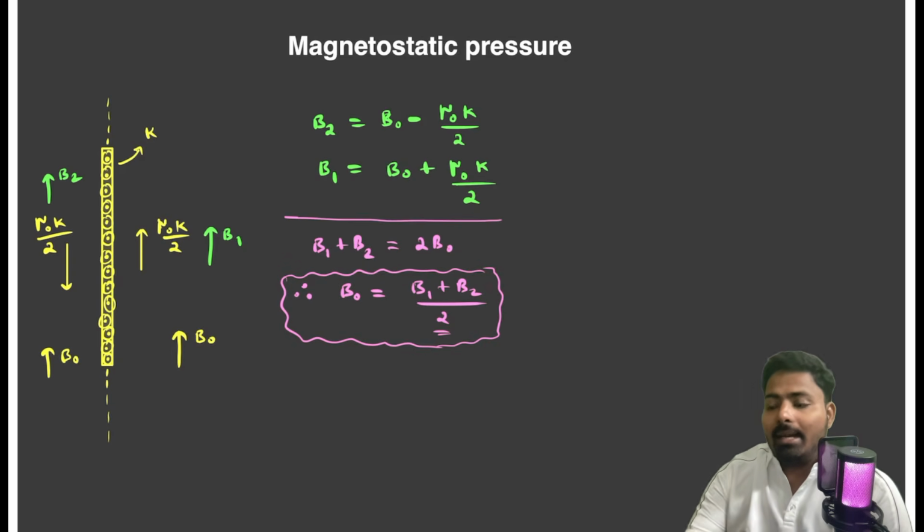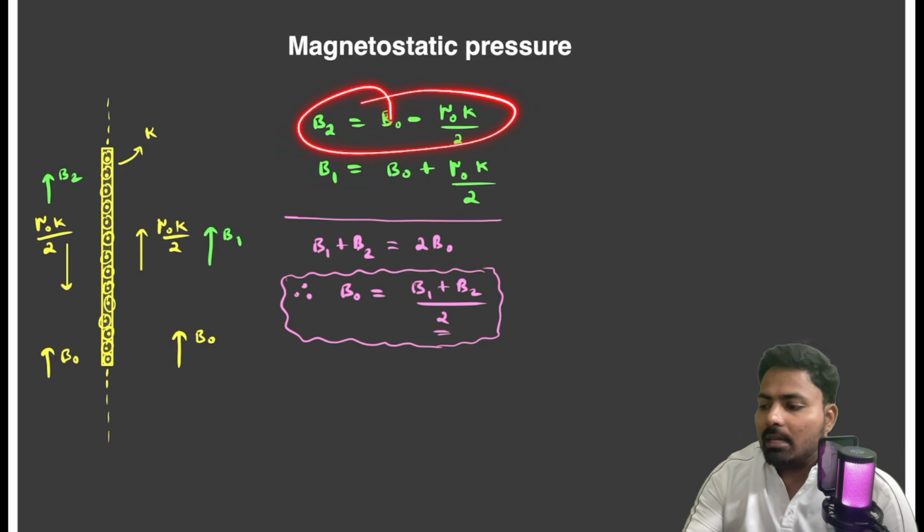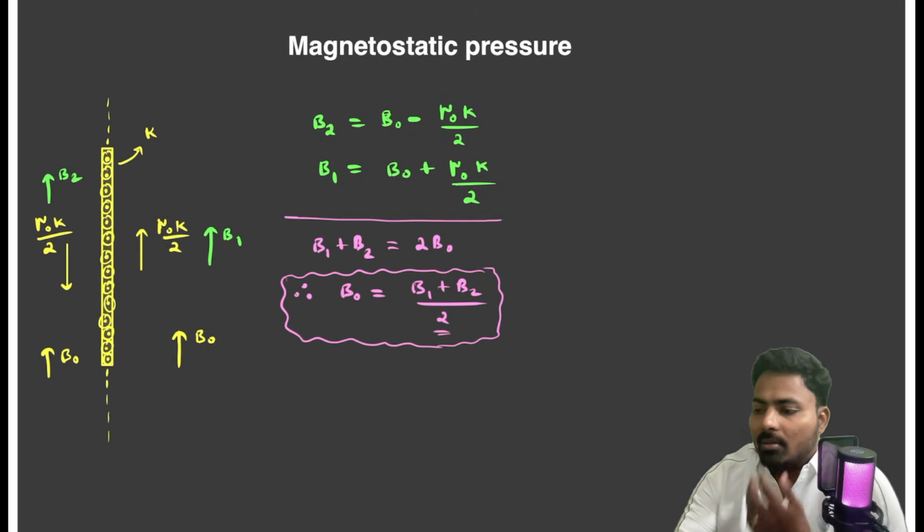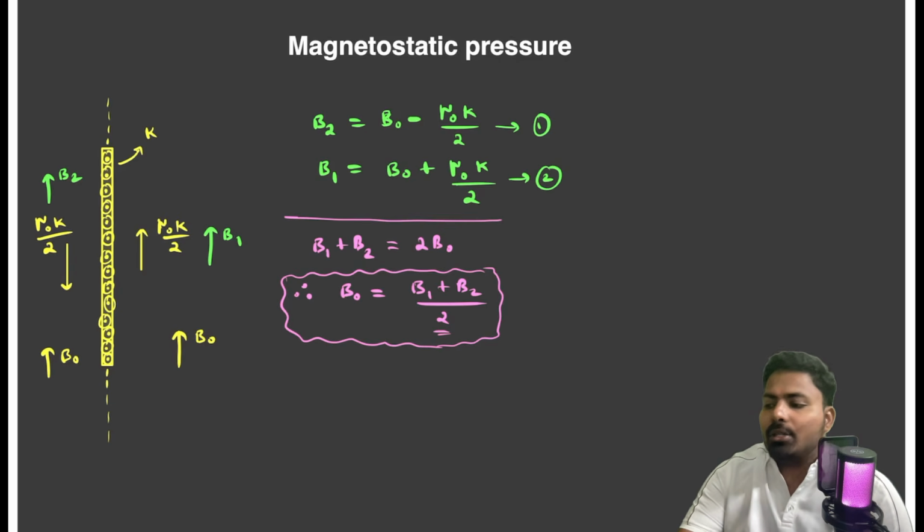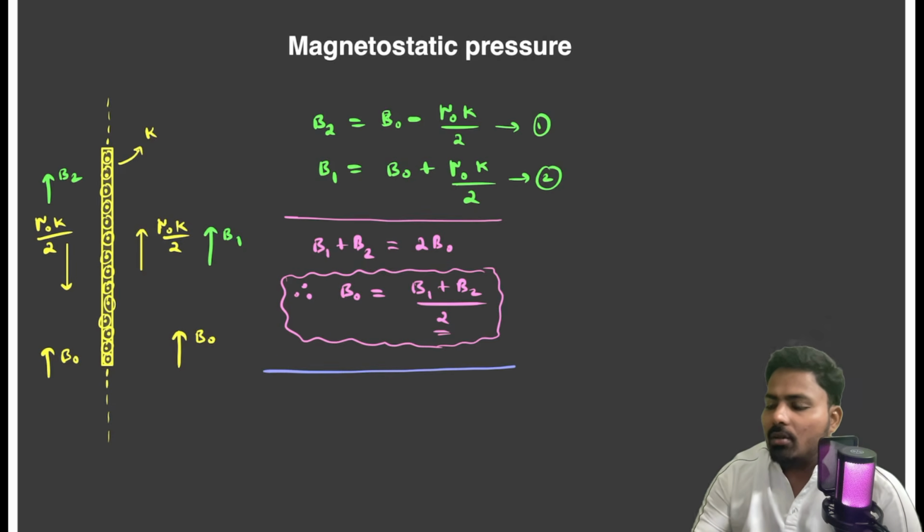Now let us also find the current per unit length K over here. So how to find it? These two equations are there, right? Let me name these equations 1 and 2. Earlier we added equations 1 and 2. Now let me do equation 2 minus equation 1. So when you do equation 2 minus equation 1, what will we be getting? B1 minus B2,